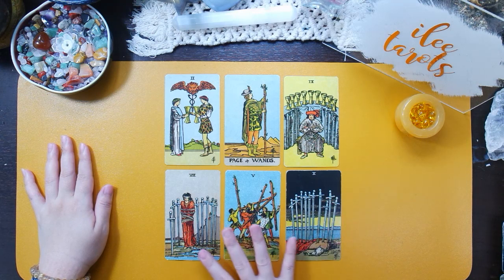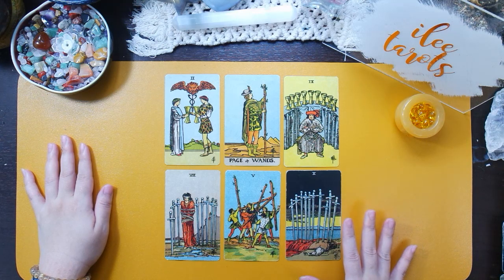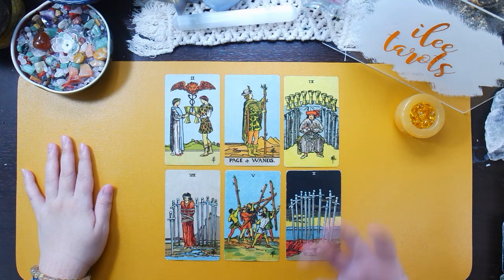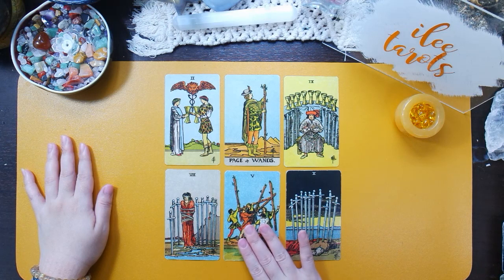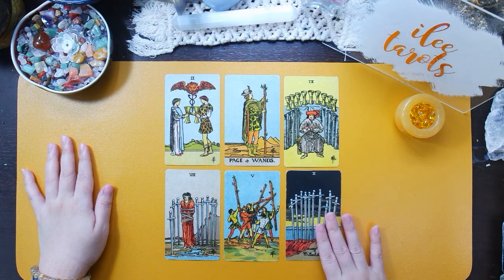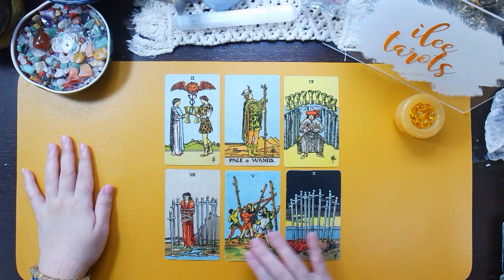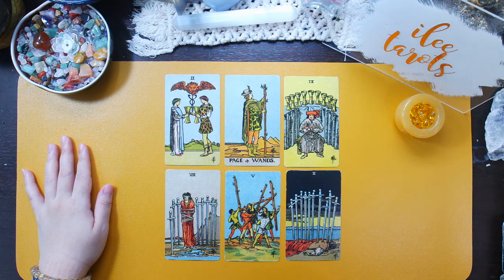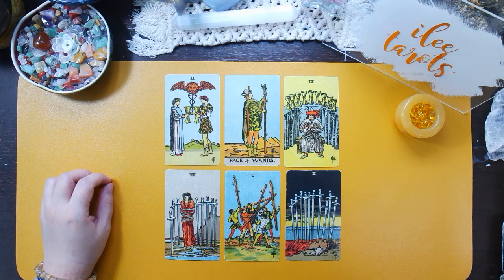Despite all these scary looking cards, I feel this is more about how you feel inside. This is the insecurity card, this is a self-conflict card, and this is more of a mental stress card. It is saying that if you ever feel you're not doing good enough, don't feel that way, because everyone has their own struggles. You shouldn't compare yourself with other people, because you don't know